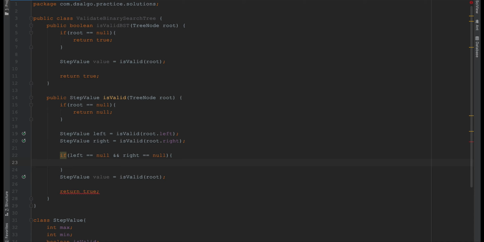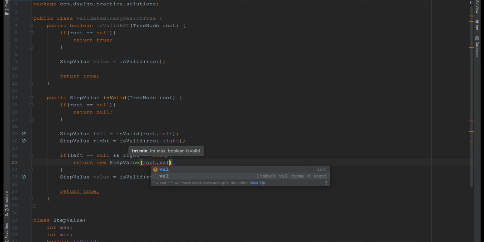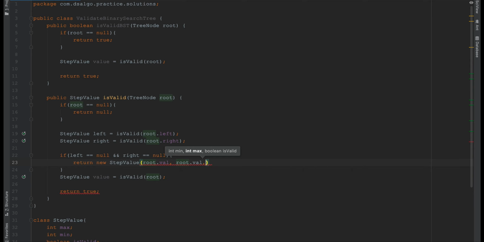Then we'll return a new StepValue with root.val as minimum and root.val as maximum, and valid will be true because this is a valid step. So every leaf node is a valid BST, because you don't have any children of that node, so its minimum is root.val, its maximum is root.val, and it is a valid BST.